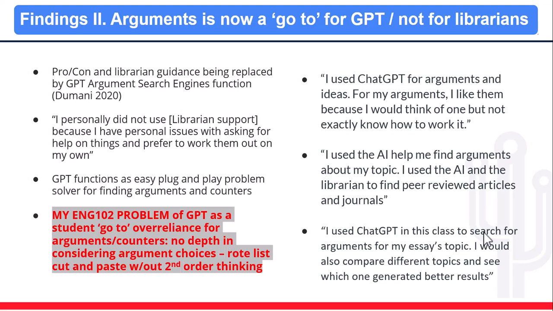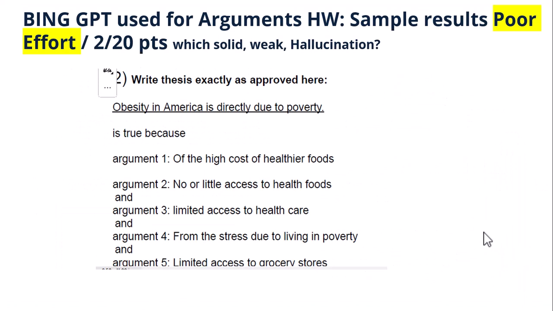So here's an example of a homework assignment. Pretty basic. It's a scaffolding assignment that says, okay, you've got a thesis through a process, and you're going to now find arguments and find counters. So this is an example of a student who really just went to the technology last minute, applied no thinking, applied no editing. So if it's a 20-point assignment, this would yield them 2. They have an approved thesis, and literally they just pasted with zero thought, zero rephrasing, zero processing those specific arguments.